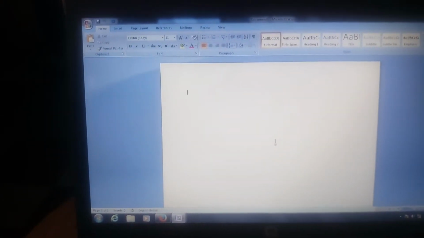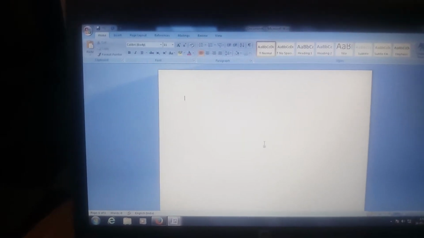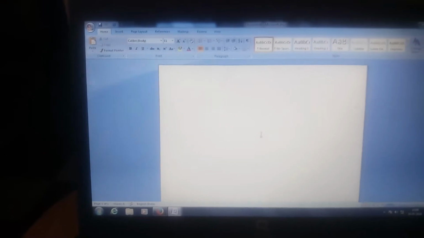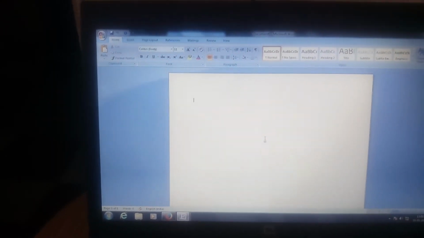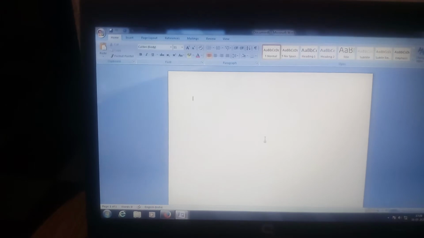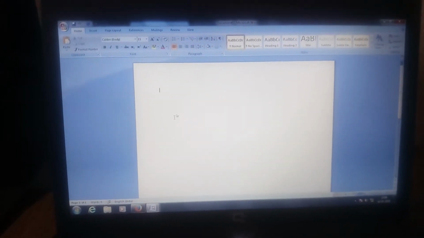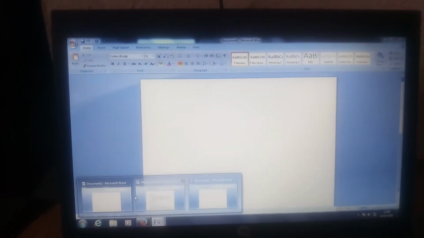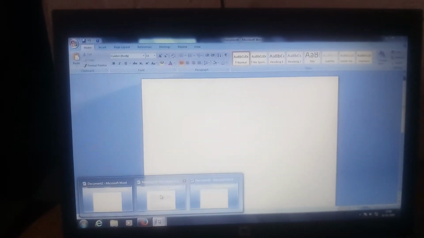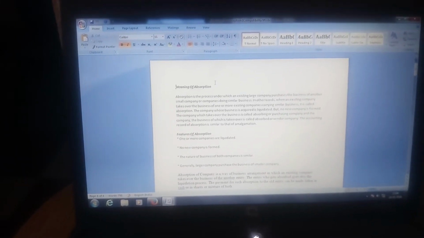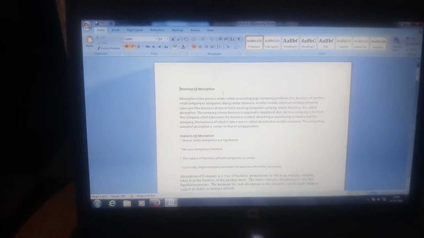While using this document, we can create a paragraph as well as projects and all. It's very useful for preparing projects as well as paragraphs. While using the keyboard, we can type it. Already I typed the document, so I will show you what changes can be made while using MS Word.